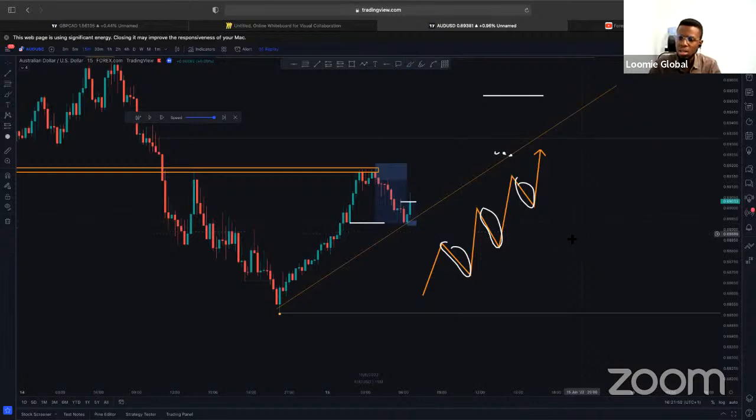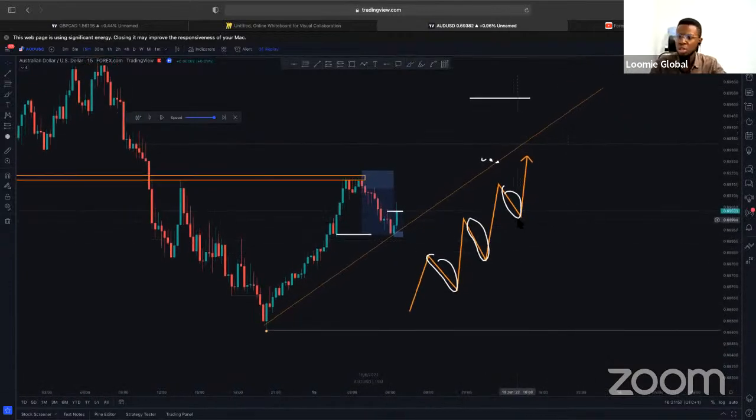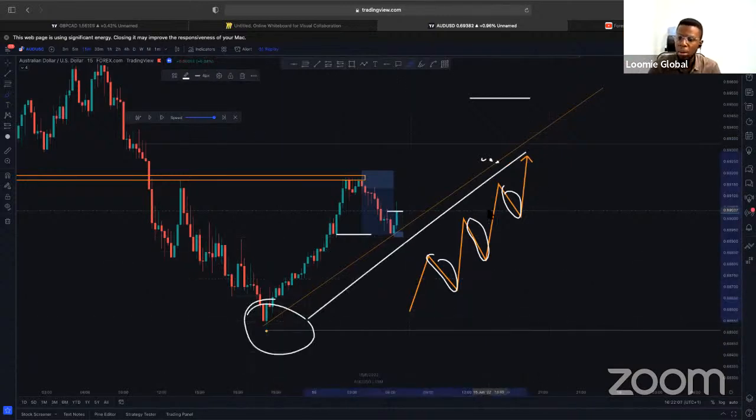There are other concepts that we will even begin to talk about in the future, like hedging and netting and all of that, right? So you will see that someone can actually, in the grand scheme of things, maybe on the larger time frame, he has taken a buy position right here. He's holding that buy position. But even while holding the buy position, he's taking small sell scalps, right? He will just scalp a sell. He's still holding the buy, but even in that small movement, he's taking several counter trend trades.